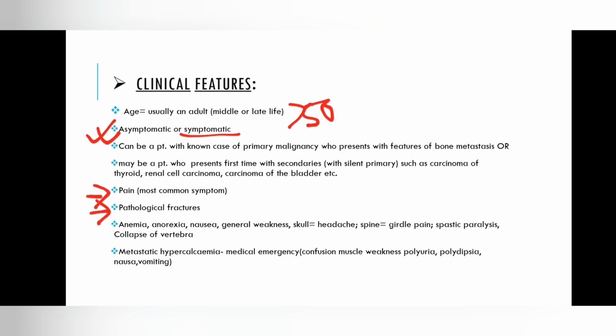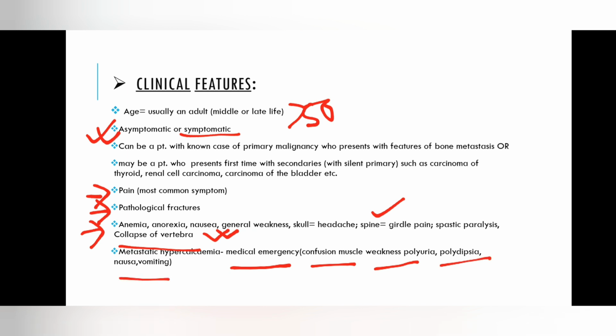There can be pathological fractures as well, or there can be anemia, anorexia, nausea, general weakness, headache if the skull is involved. There can be girdle pain or spastic paralysis if the spine is involved. There can also be the collapse of the vertebra. If there is metastatic hypercalcemia, it is a medical emergency, and the patient presents with confusion, muscle weakness, polyuria, polydipsia,